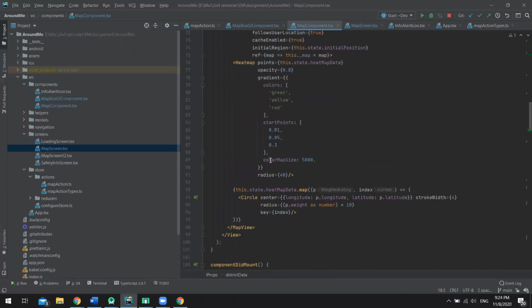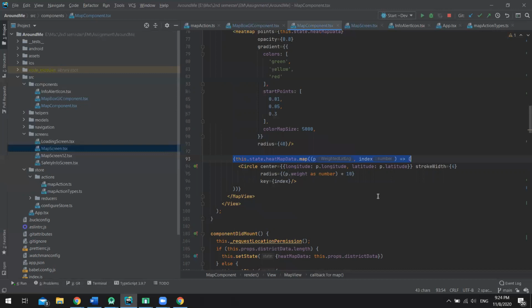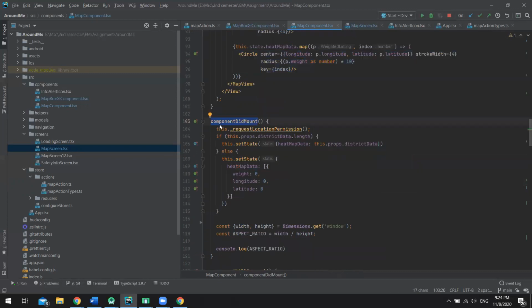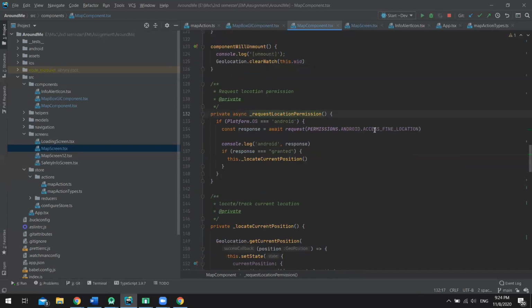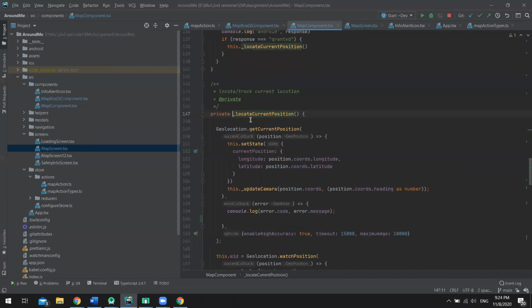And also I use the circle to show the geofences. First, once the component mounts, it will request permission to access the user's location. I only use the Android platform for now, and once the permission is granted,